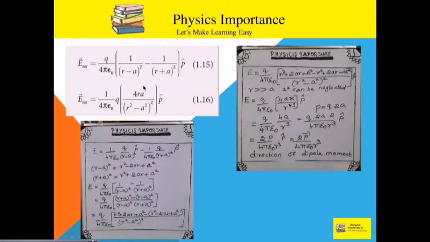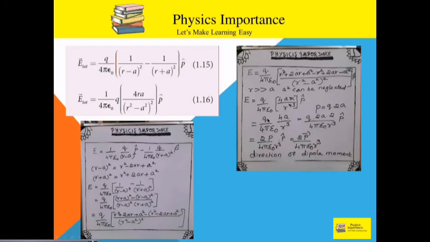Now here we have to assume one condition, that is if r is very much greater than a. If you are comparing two values and one is very large, the other one can be neglected. So here, since r is very much greater than a, a square can be neglected. If you neglect this a square, what will be remaining? r square the whole square, isn't it? So what will you get? r power 4. In the numerator we have one r, no? So we can cancel this, and we will be getting 4a by r cube.